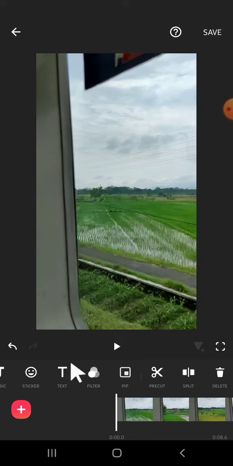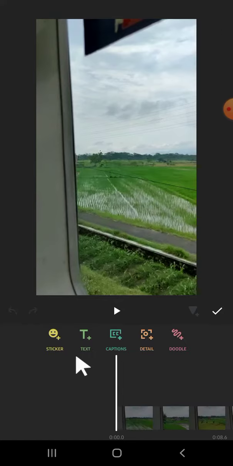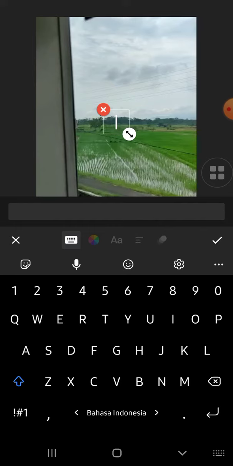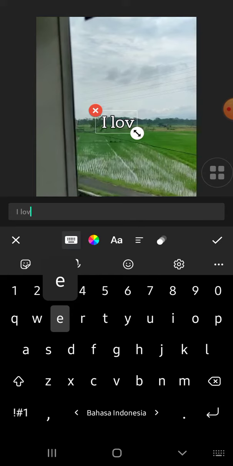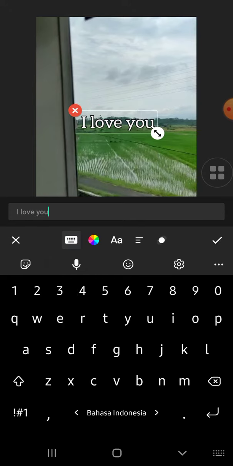do is clicking on the text option, then tap on the text option again, and I'm just going to type random things. I'm going to type I love you. Okay, and if you want to import a font to your InShot application, you just need to click on this